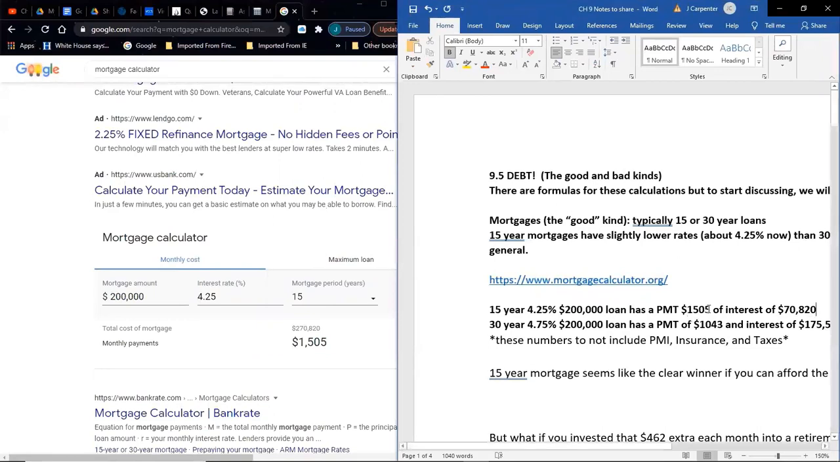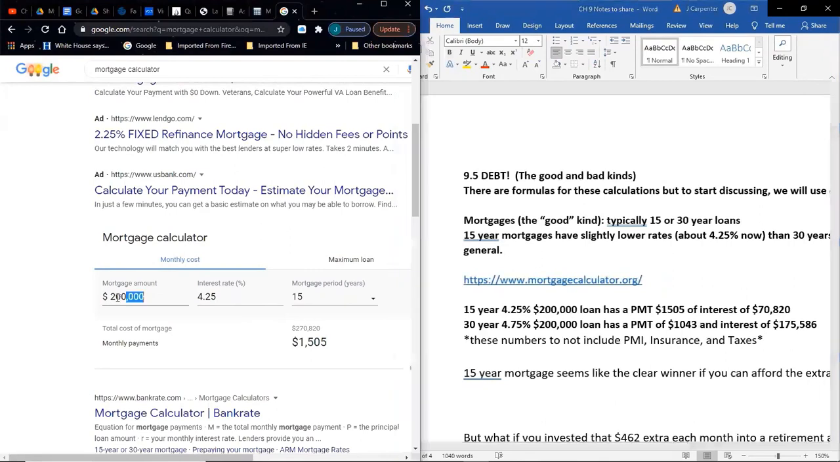Okay, so $1,500 a month sounds like a lot to most of us, I assume. I can't say for everybody. It sounds like a solid amount to me. But what about this 30-year scenario? This 30-year scenario says it would drop your payment by almost $500, by about $460, and your interest would be